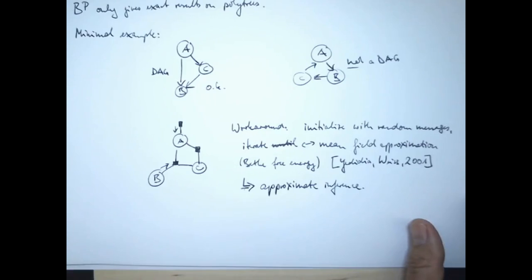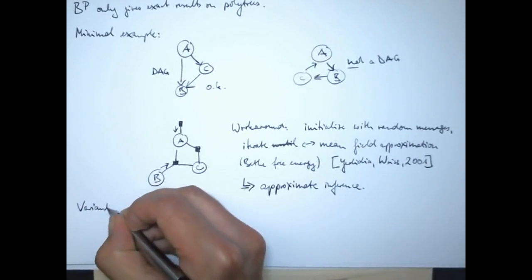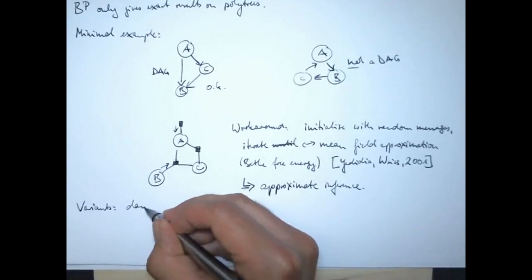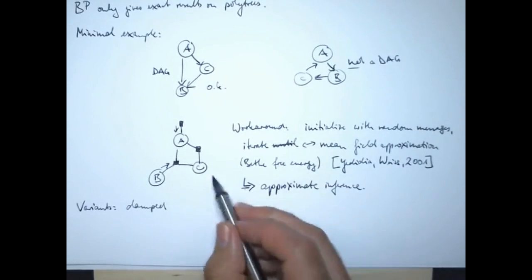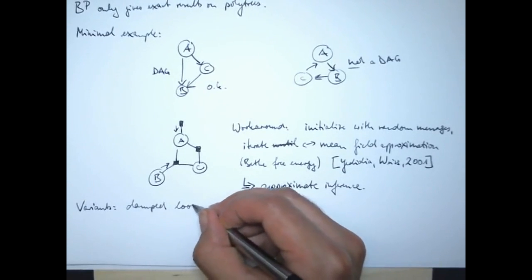In reality, there are many variants, such as damped. So this workaround is called loopy belief propagation, and one of the variants is a damped loopy belief propagation,